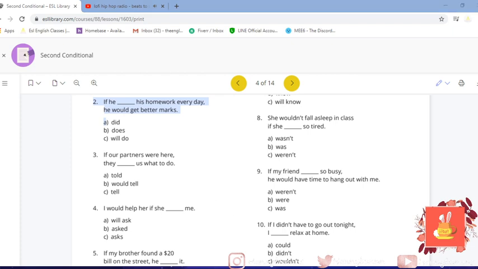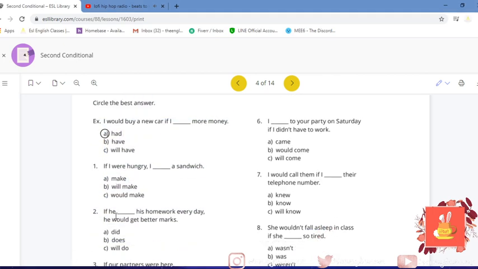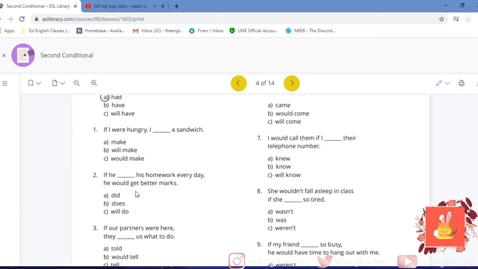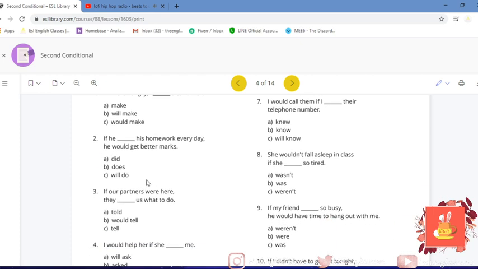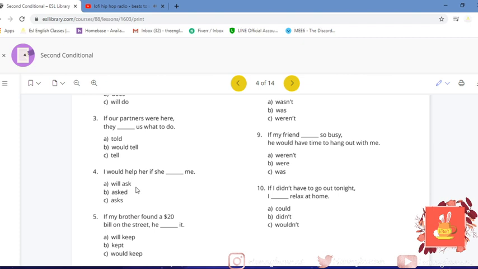Okay, cool. So making sure I got everyone's question. Cool. So I'm going to go ahead and give you guys the answers. Number 1, if I were hungry, I would make a sandwich, which is C. 2 is A. If he did his homework every day, he would get better marks. 3 is B. If our partners were here, they would tell us what to do. 4 is B. I would help her if she